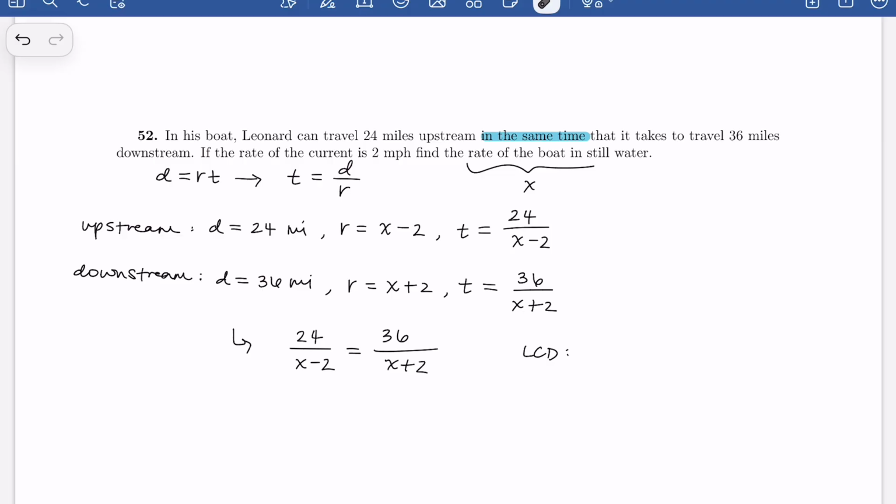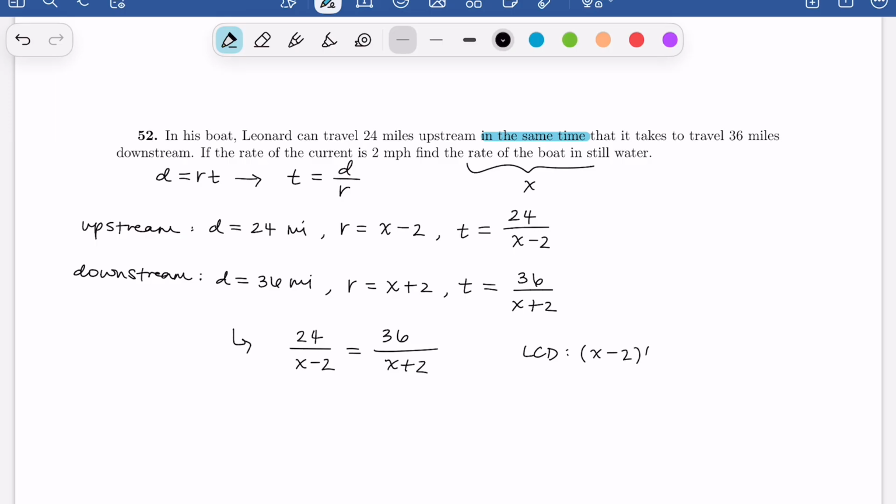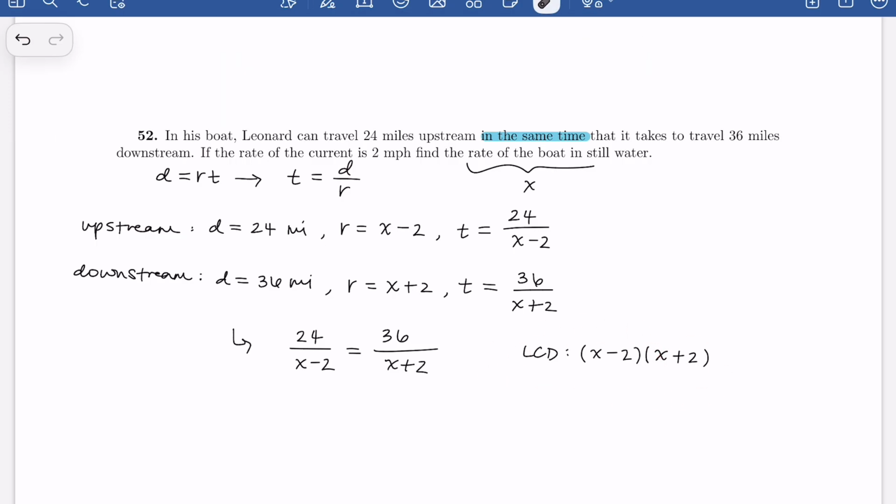So the LCD is going to be the product of the different factors of each of our denominators. So the LCD is going to be x minus 2 times x plus 2. So what you do if you multiply by the LCD is multiply both sides of the equation by the LCD. Or what you can do is cross